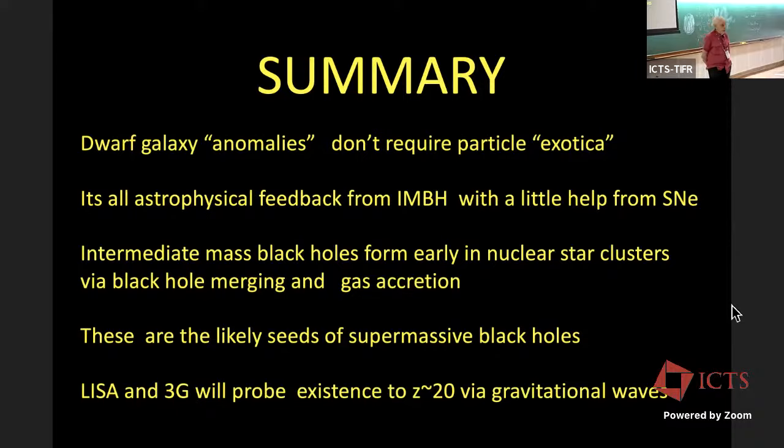One thing I was confused about: some of your nuclear star clusters go up to around 10 to the 8, 10 to the 9 solar masses. So how do we differentiate between these nuclear star clusters and dwarf galaxies themselves? Is it through the mass to light ratio? It's just that the nuclear star cluster is very compact and incredibly dense, less than a parsec across. Whereas the dwarf galaxy would be much more diffuse, hundreds of parsecs. So the observation makes it very easy to tell them apart.